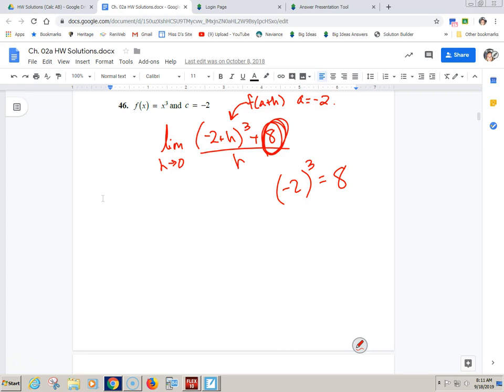There's our x cubed. So sometimes it takes a little bit more work to figure out what's in this spot, because sometimes something has been simplified. And so you're like, well, I don't know. They're not going to make it look all gross and like negative 2 cubed. They'll say it's 8. So we kind of have to be careful. Sometimes we have to look, because f is technically in both of these spots, but this one has an a plus h, this one has an a. So sometimes you have to kind of look deeper to see it.